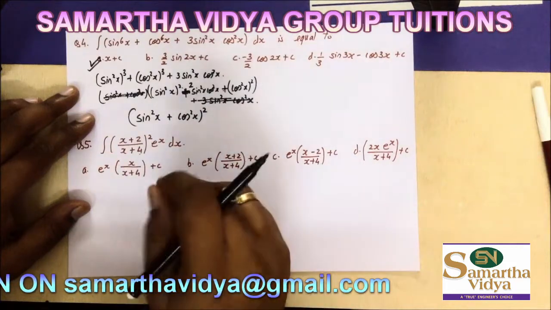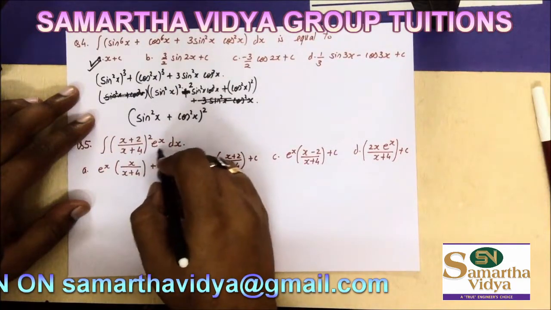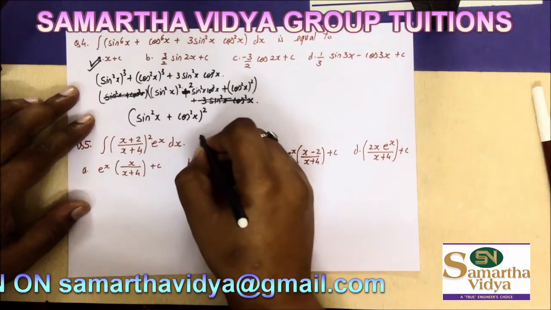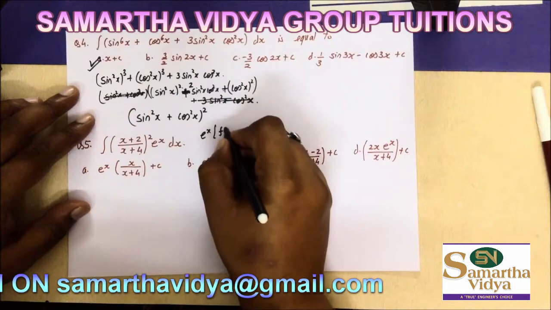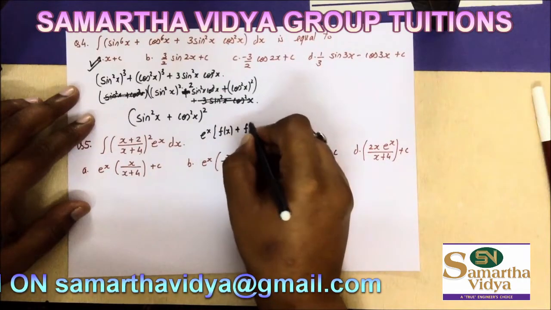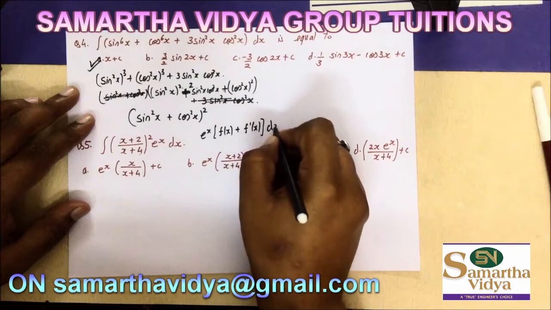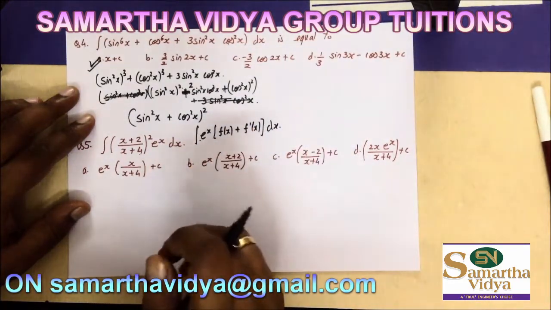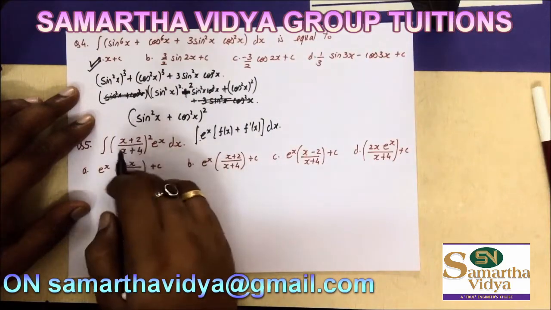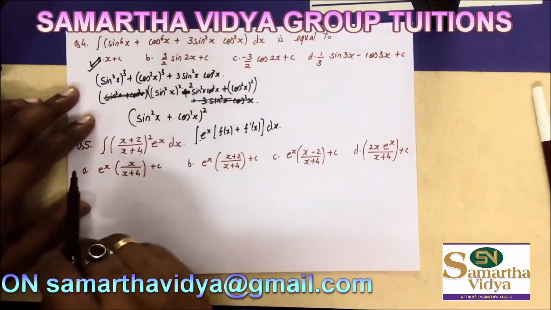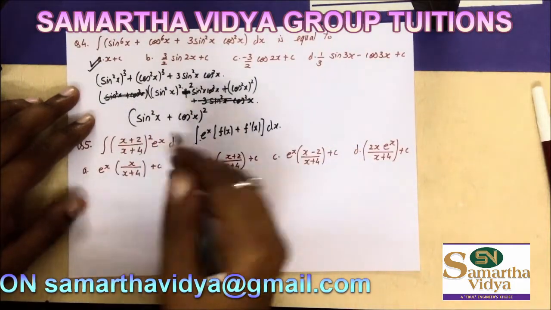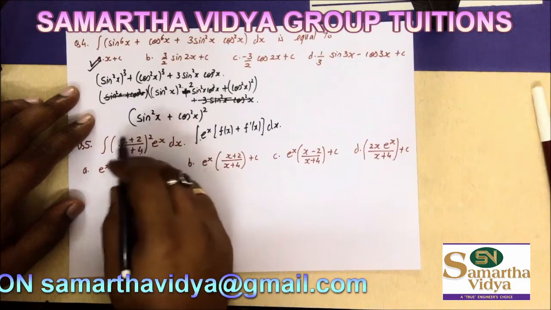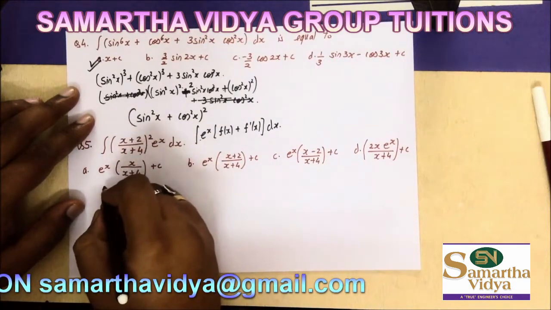Now generally almost 80% of the time whenever we have e raised to x outside, we have to think about something which is e raised to x into f of x plus f dash of x. So we need to think about this type of form. We need this as f of x plus its derivative so that we can simply choose the particular option. So let's concentrate on the term inside.